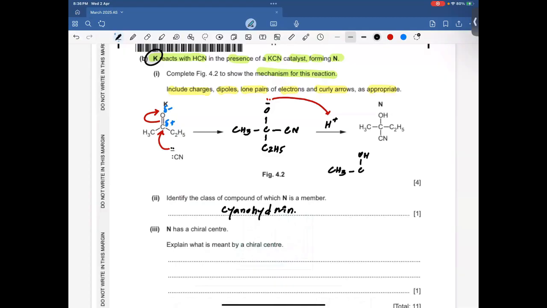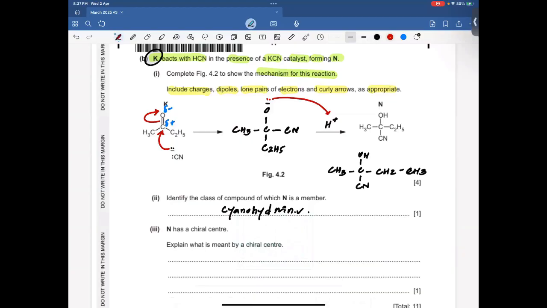CH3, C, OH, this is CN, this is CH2, this is CH3. So I can say that this is hydroxynitrile. ये भी कह सकता हूँ. But I think hydroxynitrile is not an appropriate name for this compound. And instead, cyanohydrin is much better. All right, because cyanohydrin is a general term which is applicable for all compounds